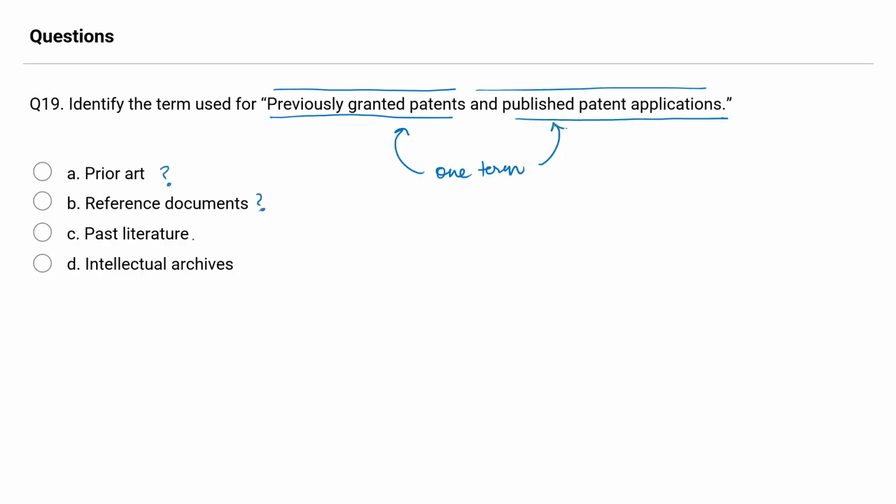Is it reference documents, past literature, or intellectual archives? The term used for previously granted patents and published patent applications. Now, let me tell you, these are all a part of intellectual property,